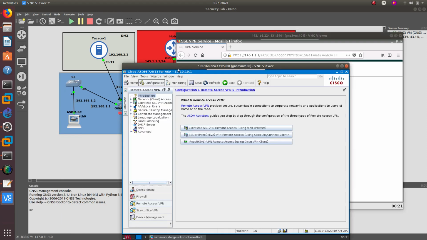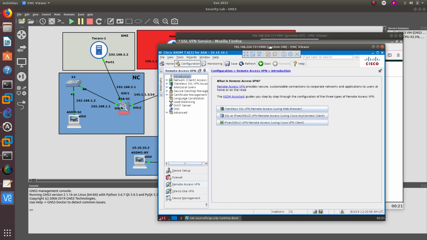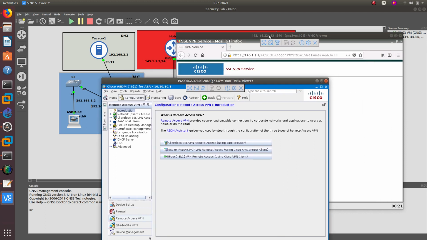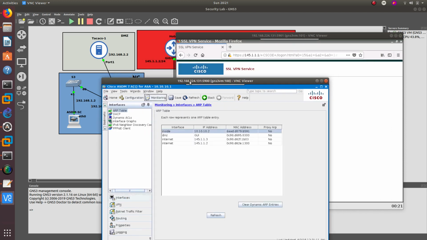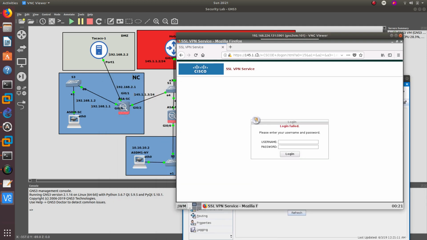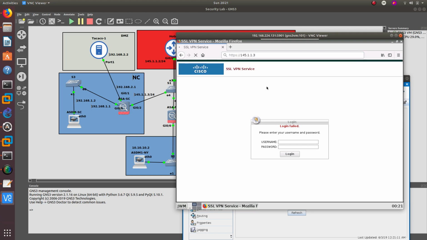It was this one. Is this one? This one doesn't tell me which one it is. Is this one the North Carolina one? Let's see if monitor. Okay, so internet. So it looks like this one is 145.1.1.3. So let's go ahead and go to the 1.1.3 because I think I configured South Carolina first,